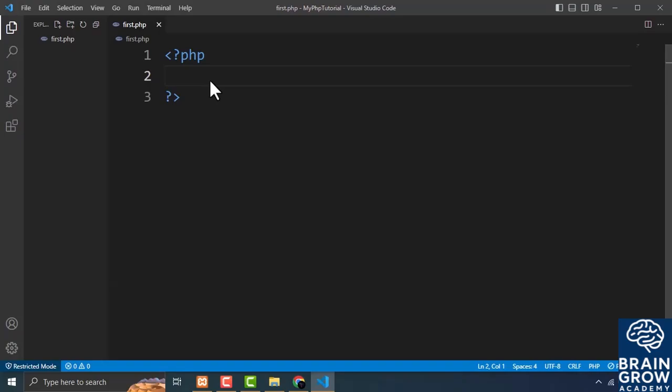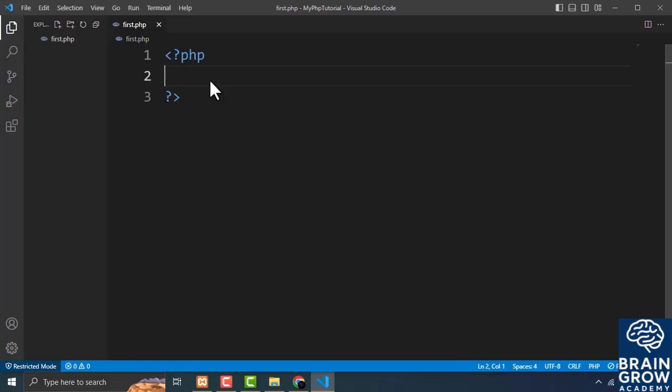Now there are some other data types like arrays, objects, callables and resources, but I will cover them in a separate series because these are complex data types and these are not for you as a beginner, so I will create a separate series for them when you have sufficient knowledge of PHP. Now in addition to these data types,